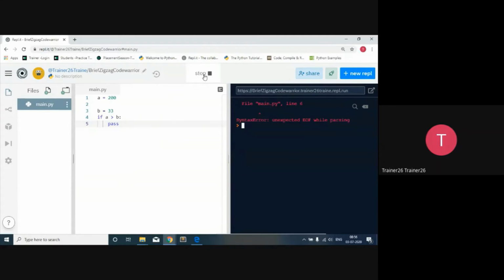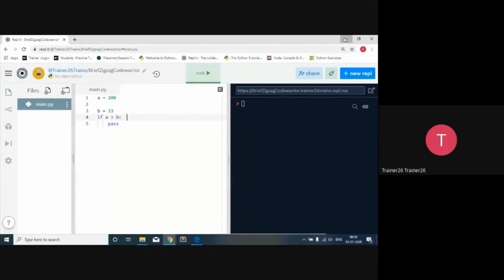I want to write it down over here. So you can keep this particular keyword as pass over here, and then after that it is going to pass that particular fundamental. So you have to keep in mind that sometimes it happens that when you form a decision, and then after that you don't know what code you have to write over there. So at that time you can use the word pass. So fully this decision making mechanism is clear to you.